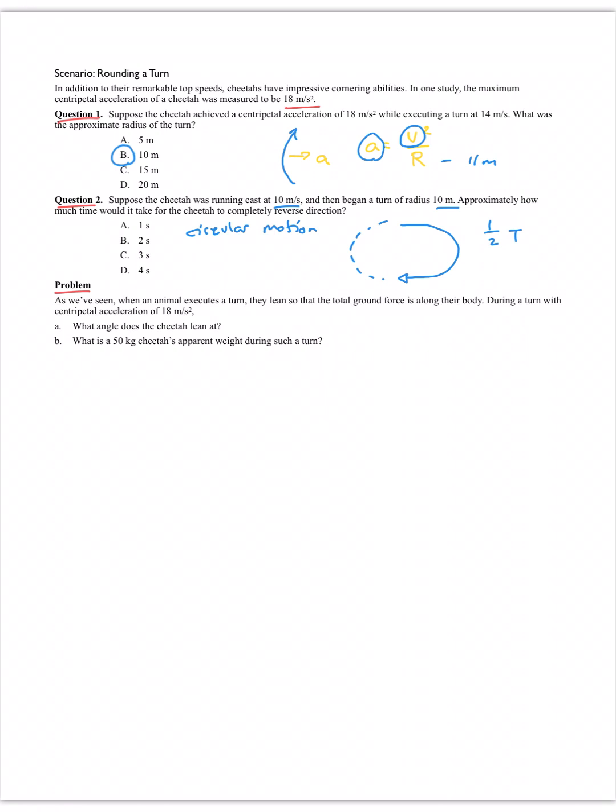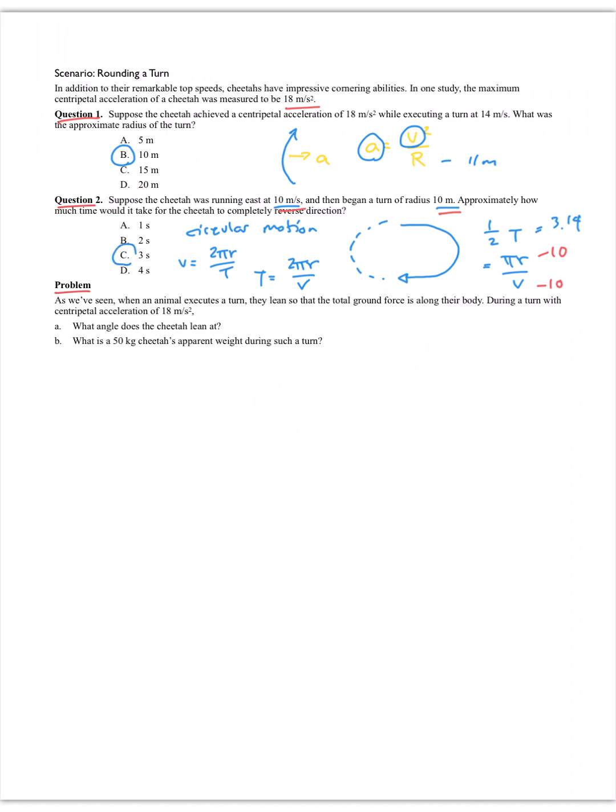And for circular motion, we said that the speed was equal to 2 pi r over T. So the period was equal to 2 pi r over v. And so 1/2 the period is just equal to pi times r over v. Oh, well, I'm told the radius of the circle is 10 meters, and the speed is 10 meters per second. So this is 10, this is 10, and so I just end up with 1/2 the period equal to pi, so it's equal to 3.14 seconds. To the nearest second, so that we can match numbers in the table,